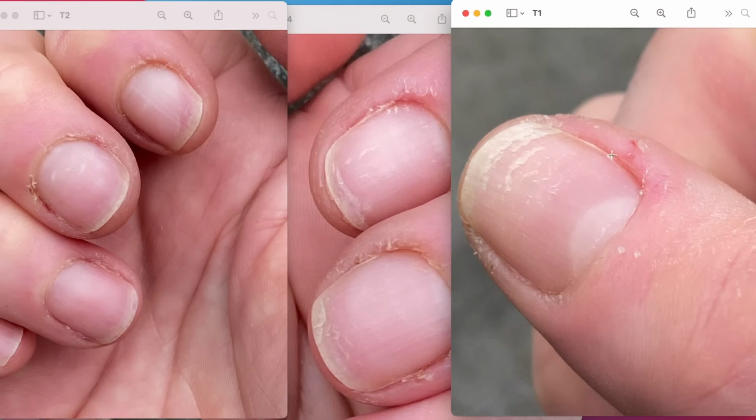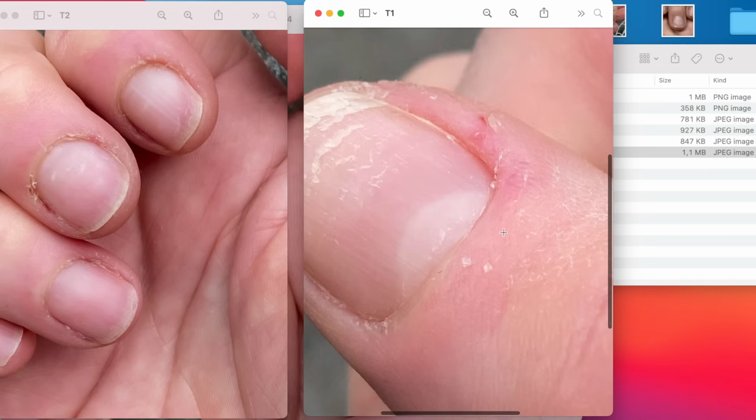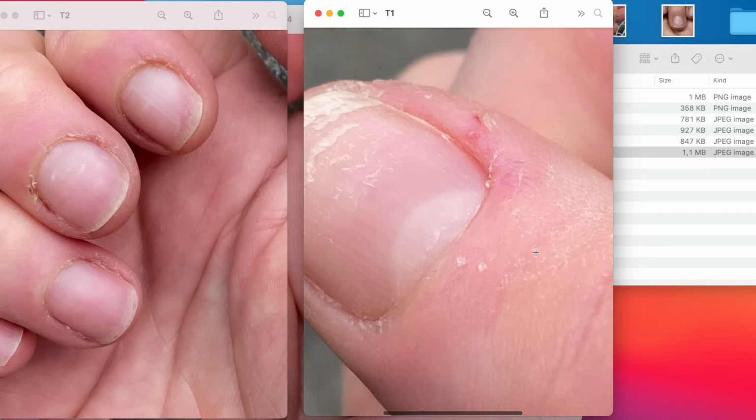Okay, here. This is a very good example. What's happening here is I can see that this whole skin, and this very often happens to the thumbs, is that this whole area, you can see it's not nicely healthy. It looks like it's abraded. It's very irritated. So again, because now we know, by the way, the cuticle is right here. A little bit of cuticle is visible. This is living skin. Now that we know that this is